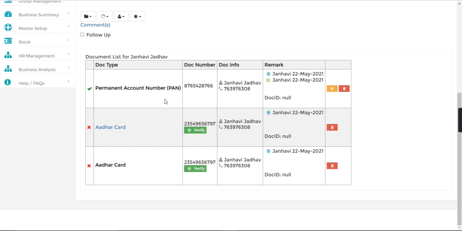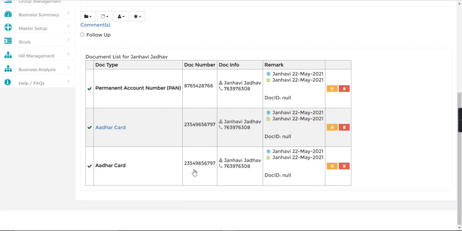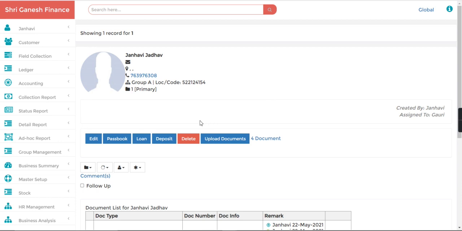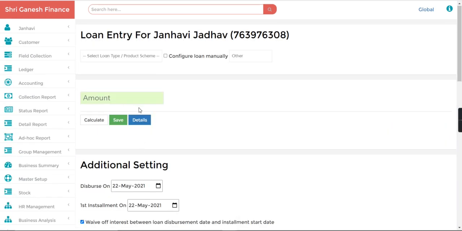Now let's verify this document. This is with file, this is with file, and this one is without file. Now I will click to loan. Now you can see the system is allowing me to create loan. I have created one daily collection scheme.